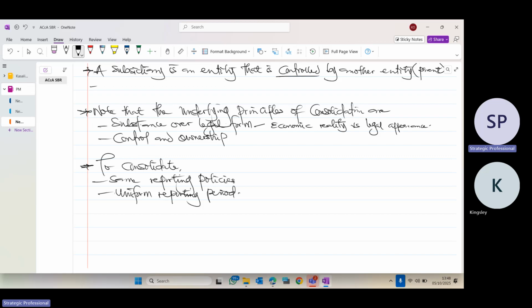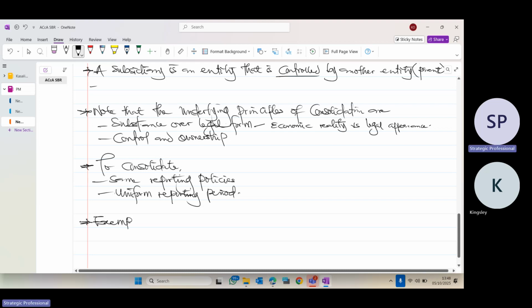The accounting policy must also be the same. And all subsidiaries have to be consolidated, unless they do not meet the criteria for consolidation. As a matter of fact, for a company not to consolidate, which we call exemption to consolidation,